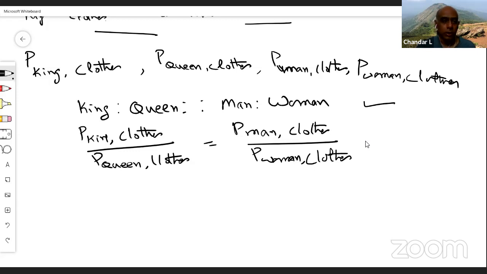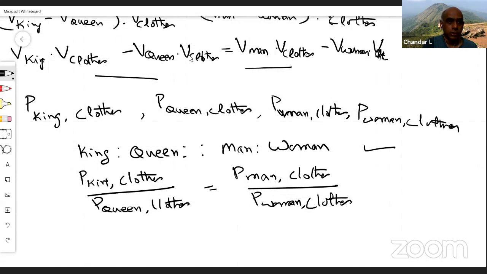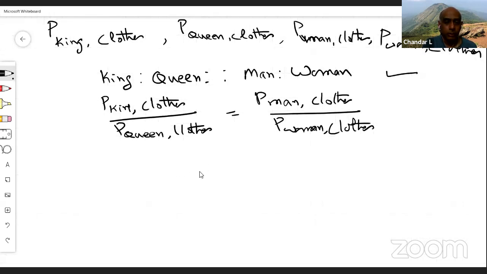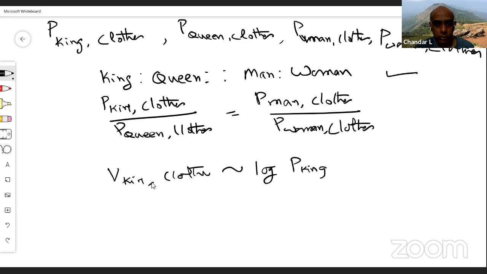So this is what we expect whenever we say that there is a similarity in this fashion. But from here, if we need to get this kind of an equation, here we have a ratio, but here we have a difference. So this is the insight that came in the GloVe paper. It's a very nice insight. I think the way they have argued is this can work only if v(king, clothes) is related to the logarithm of P(king, clothes). Because if this were true,